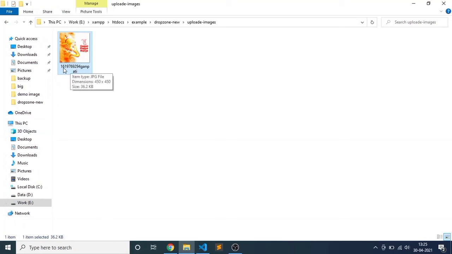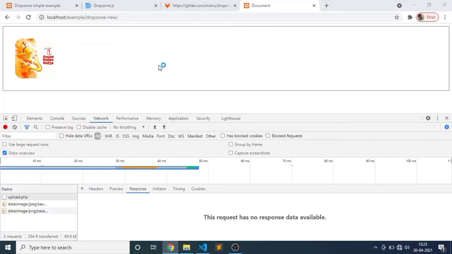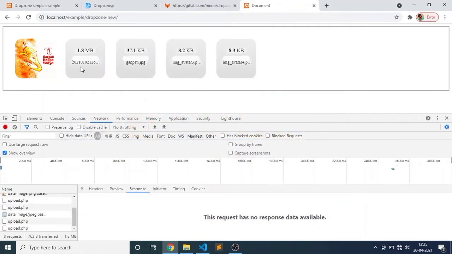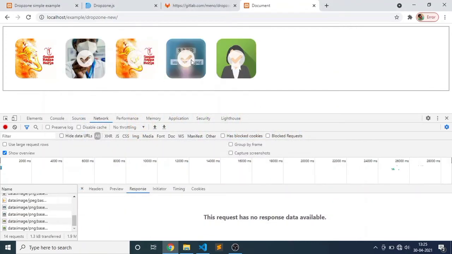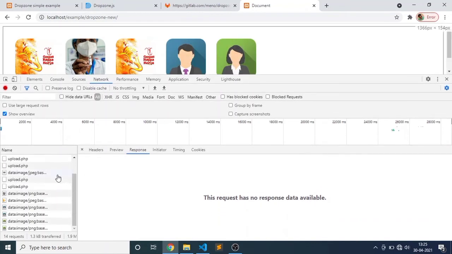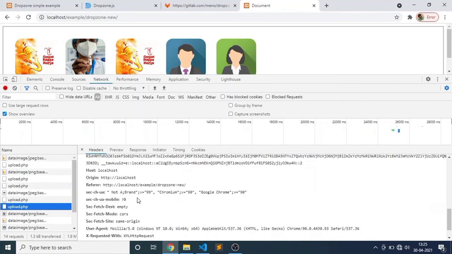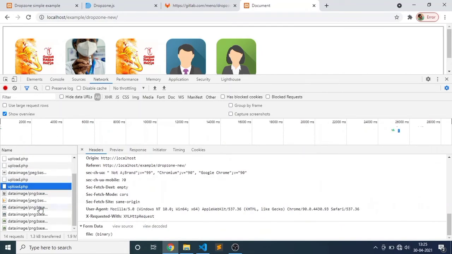This is the new time available and this is our image name. If you select multiple images, then you can see here one by one all the images upload. When images upload one by one, it's calling a new file, new file, new file all the time, right?